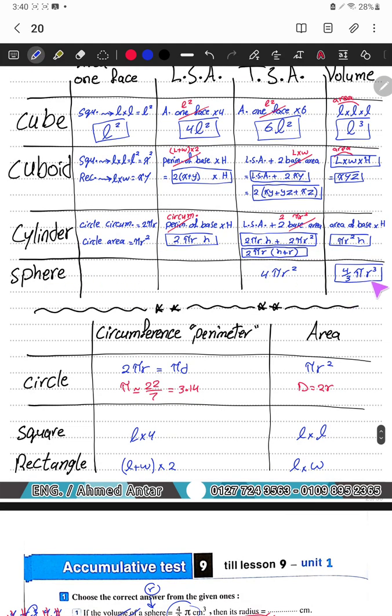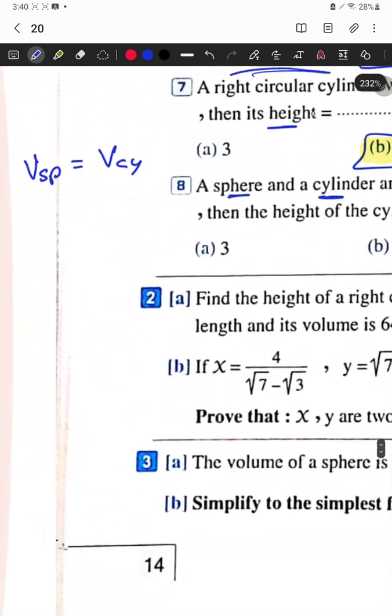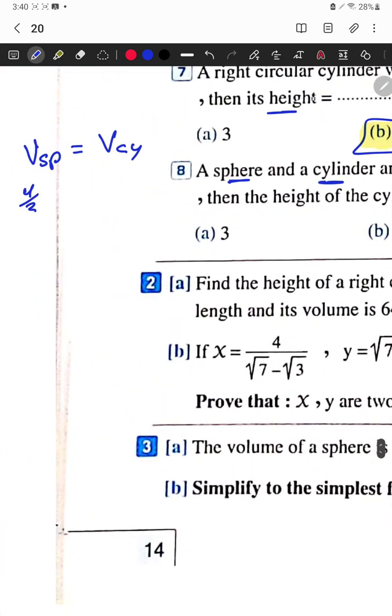The volume of the sphere is 4 over 3 pi r to the power of 3. The volume of the cylinder is pi r to the power of 2 h. So now 4 over 3 pi r to the power of 3 equals pi r to the power of 2 h. And he told you that the radii of the two